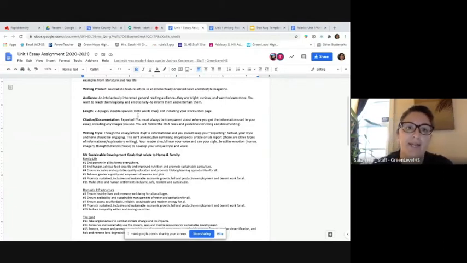Once you wrap your head around the journalistic feature article and how you're going to knock that out, you want to remember that you're going to have citations and documentation. That means you're going to have quotes and paraphrases in your paper. You're probably looking at 1 to 2 quotes and/or paraphrases in each body paragraph. That will help you when you're trying to support what you're trying to say.